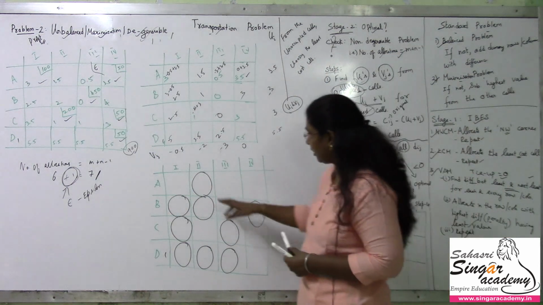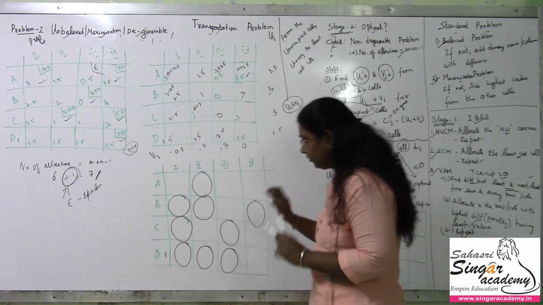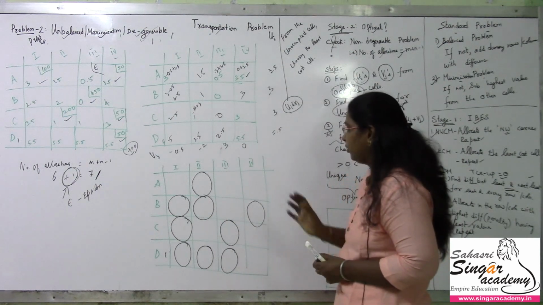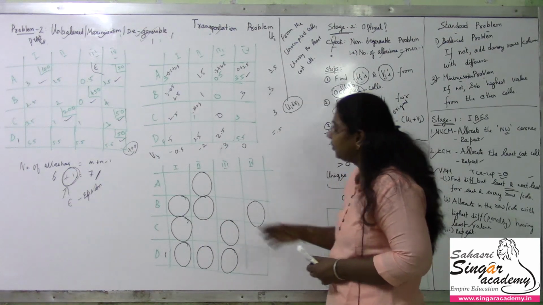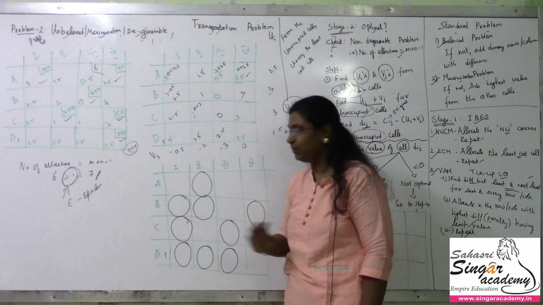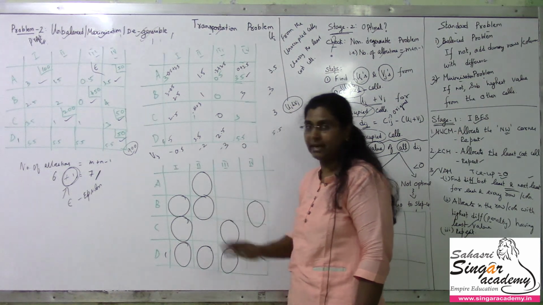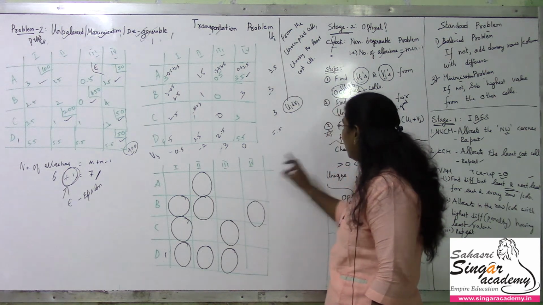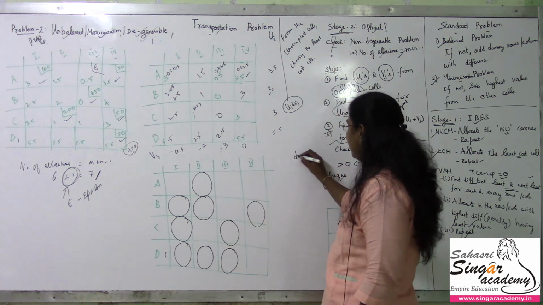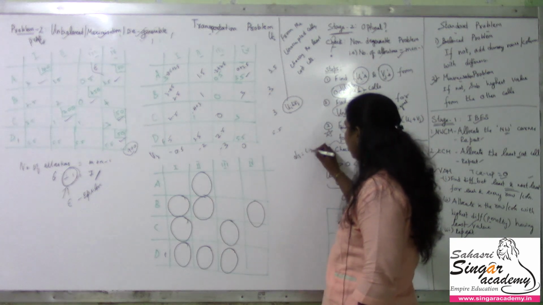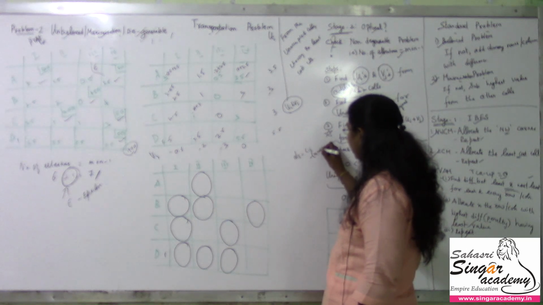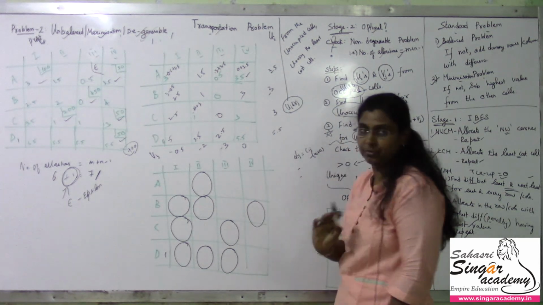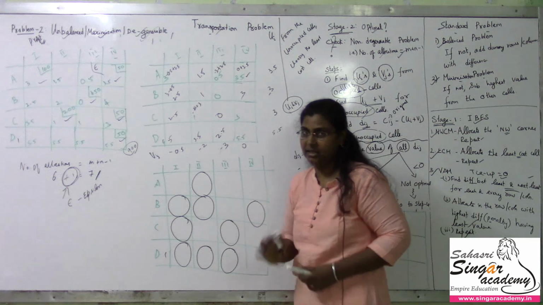So for the unoccupied cells, I have this circle. I'm going to fit these values in the circle. You need not have the circles in your answer paper. Please don't do it. For convenience sake, I have taken. You may have these values in this table and show how the workings are done here. That is Dij is equal to Cij minus Ui plus Vj. So rendu moonu value ku work out panni kaamcha podum. Okay, you need not have these type of circles in the answer paper.